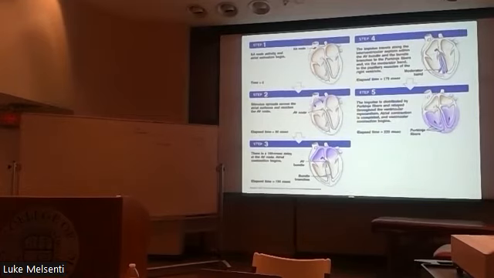As it depolarizes, there's a 100 millisecond delay at the AV node, and that allows it to come down to the apex of the heart, which is the bottom of the heart here, the pointy part, and then it's going to come back up through the Purkinje fibers, and then depolarize the ventricles. So you get that contraction of the atria, then the contraction of the